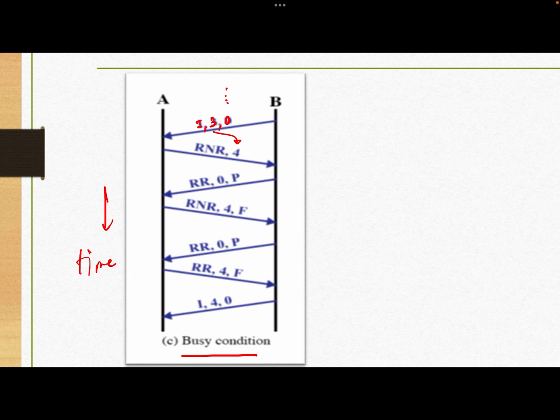here, but I'm not ready to receive any more frames at this time, so it sends RNR. This is an S frame, RNR frame, receive not ready. And B waits, and then B says, are you ready now? So B sends an S frame again to A, and it sends RR0 because it ACKs 0 here. Because it hasn't received anything from A, it's the same as before, but it sets the P bit to 1,